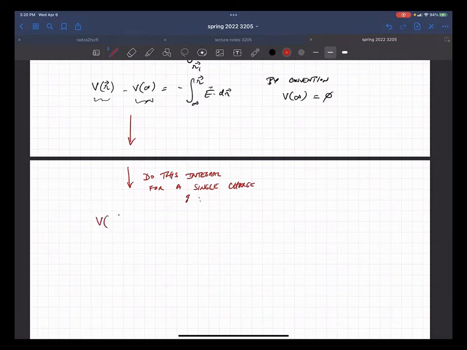We would get V at r minus V at infinity is equal to Q over 4 pi epsilon naught, 1 over r, where r is the distance